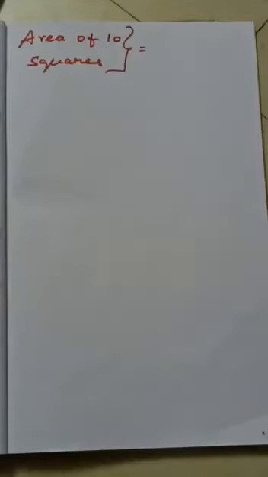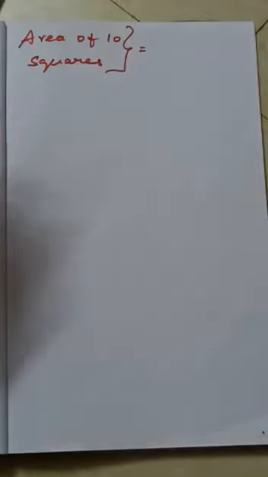Okay. To find the area of 10 squares, first we found the area of a square, right? The answer is 1 square meter. Now we are going to calculate the area of 10 squares, because the question is what is the area of 10 squares. Immediately we couldn't find it for the 10 squares. First we have to get the one value. Say for example, in mathematics you will be solving this: if 5 chocolates cost 10 rupees, then what will be the amount of one chocolate? For that we'll calculate the single one first.